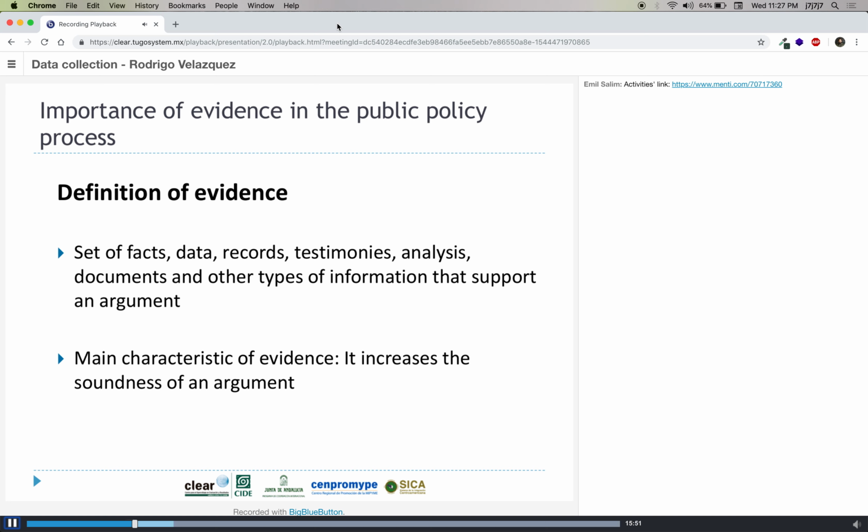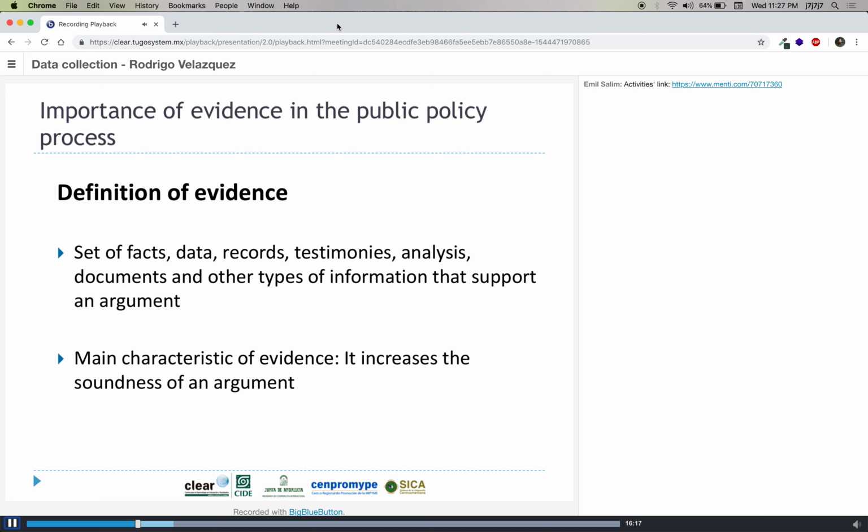We cannot say that this evidence cannot be refuted, because of course we are going to have different types of evidence and we're going to see the characteristics that it has to have. However, in social sciences, an argument cannot be refuted because we are always trying to prove hypotheses, theories, arguments, and of course they are modified.